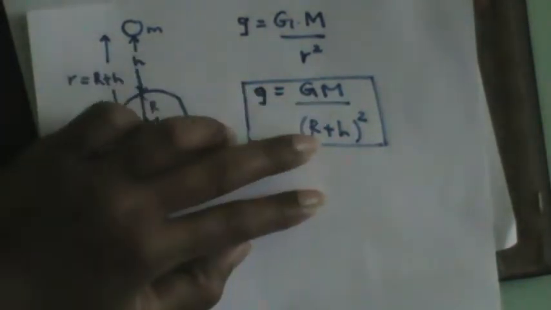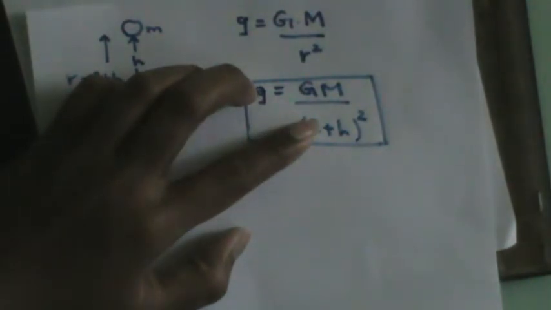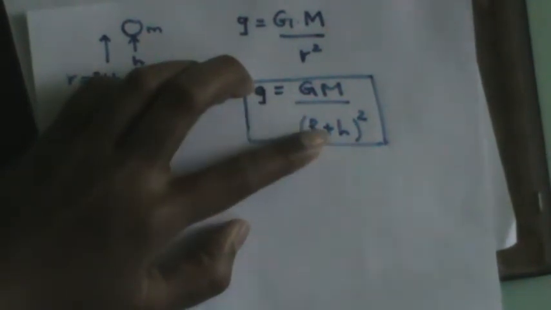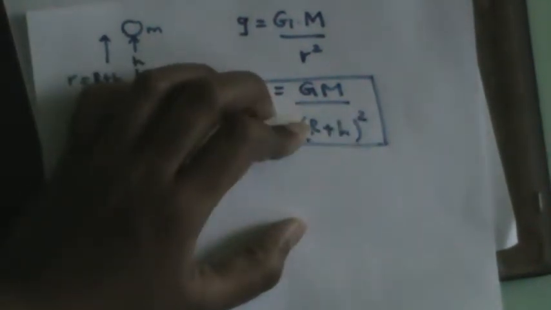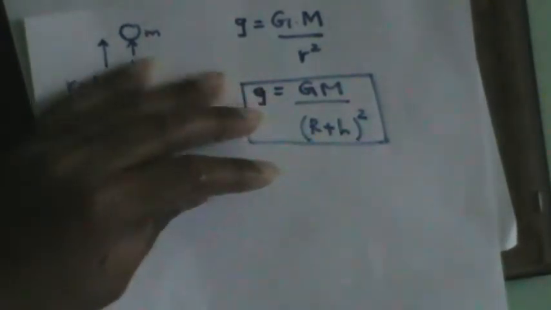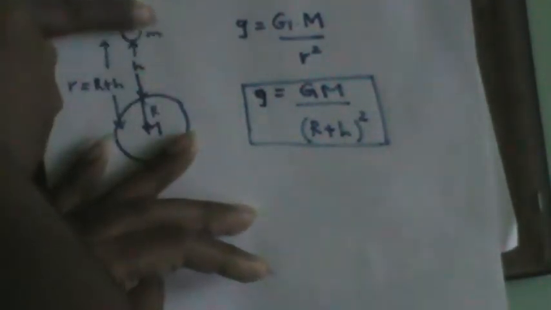If you keep the mass of this object constant, so GM will be a constant, and g will be inversely proportional to the square of the value of r plus h. So g is inversely proportional to (r plus h) squared. If you keep the radius of the large object constant and the mass constant, r will be a constant, but h will be changing if you drag this object to another height, to a larger height.